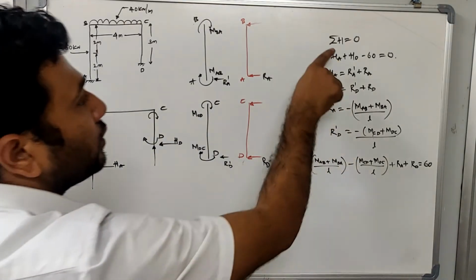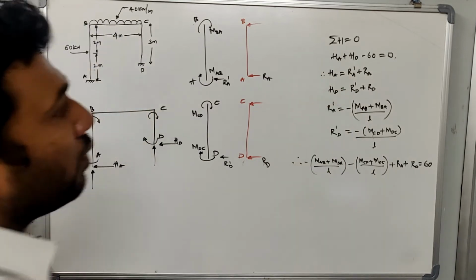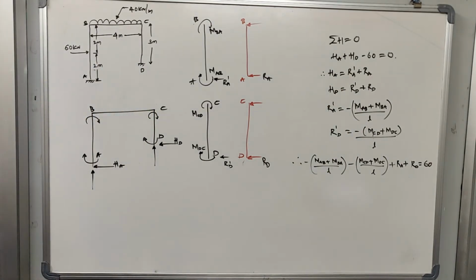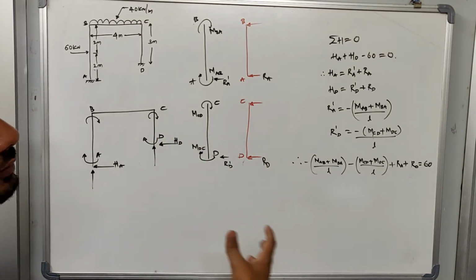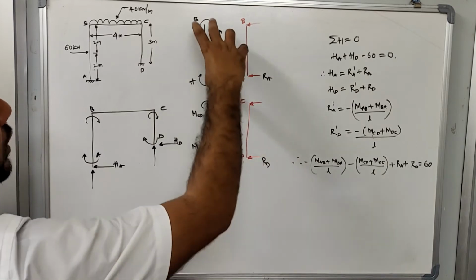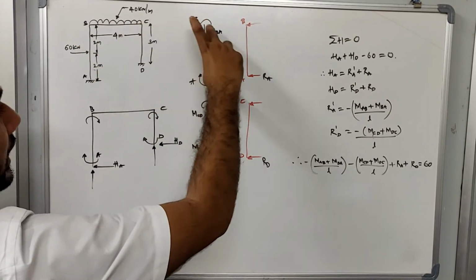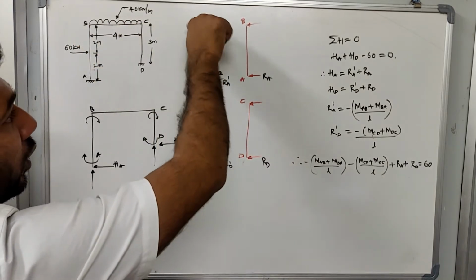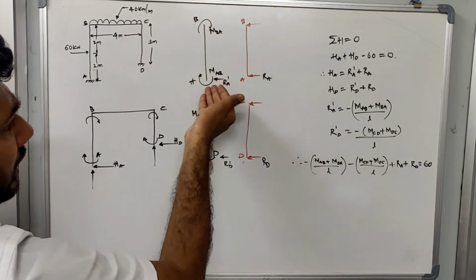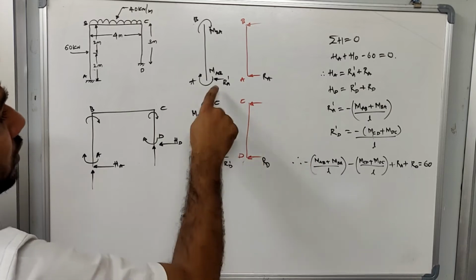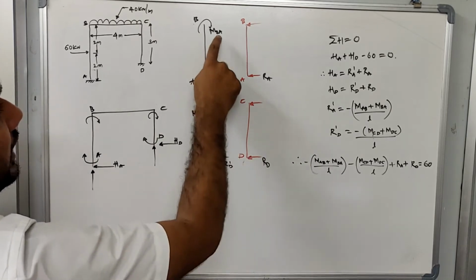Okay, now once you know what this equation is, we will try to define what HA and HD are. So how do we do that? Whenever I tell you to derive the reactions, you take any given member, and you would have already determined the end moments. In the previous problem itself I explained, we had calculated MAB and MBA.